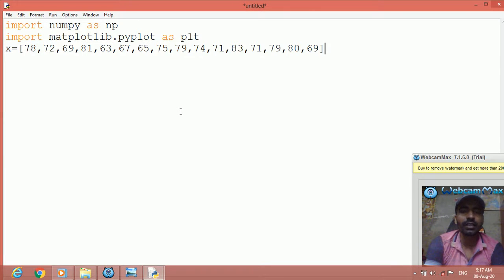So this is the list of values which we have to plot with the help of a histogram.